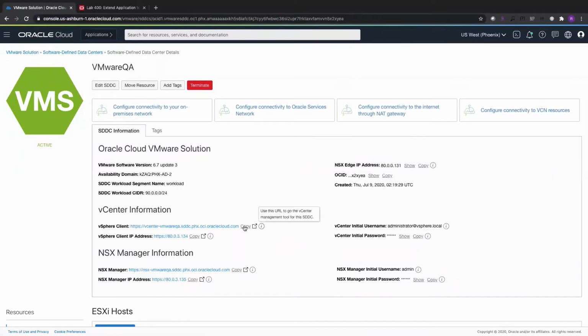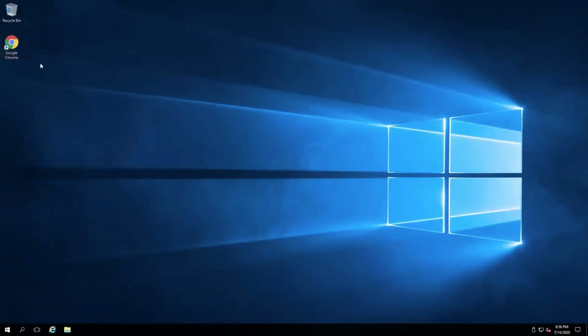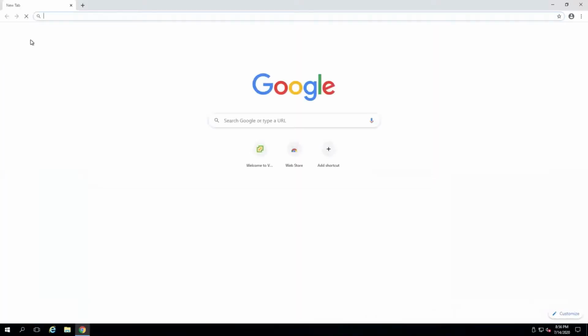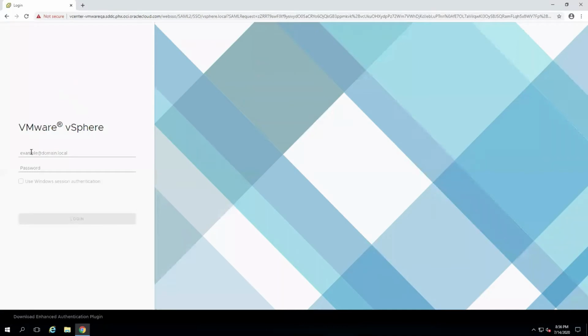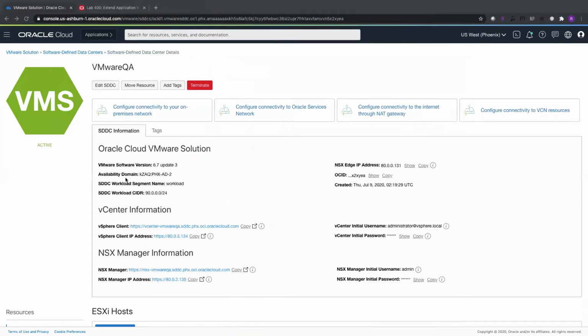Copy the vSphere client URL and paste it in a browser on the Bastion instance. Click Launch vSphere Client. Username will be administrator at vSphere.local and the password will be available on your console.